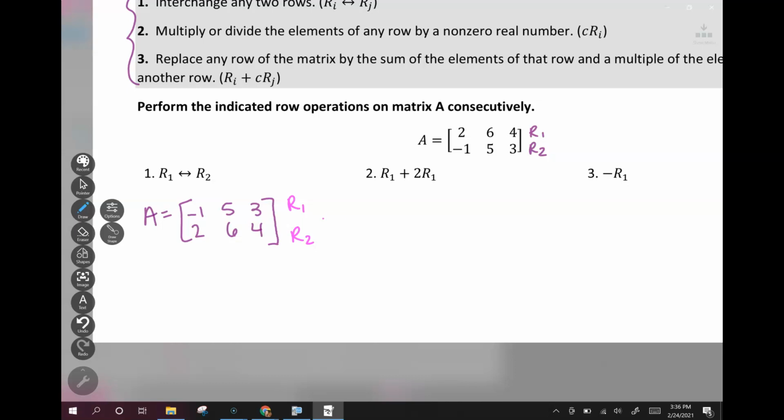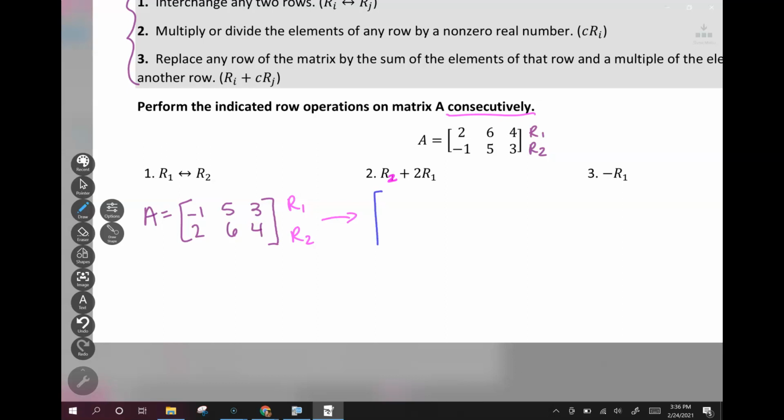So now I'm going to do number 2. We're going to do these consecutively, which I just meant like we're not going to start over with our original matrix. So now I'm going to do row 1 plus 2 of row, that's supposed to say 2. Sorry, this is supposed to be a 2 here. I'll edit that in the notes for y'all hopefully. Row 2 plus 2 of row 1